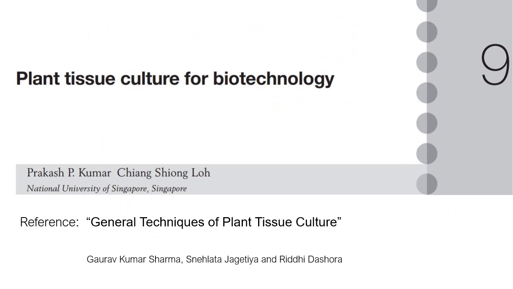So these are my references: plant tissue culture for biotechnology and general techniques for plant tissue cultures. Both are chapters from some book that I don't know actually, but all the credits are of these authors. So very good chapters or articles we can say to refer. If you want some more information, you can Google these chapters, and then you can read and write your answers. I hope these will help you to score more for your answers, right?